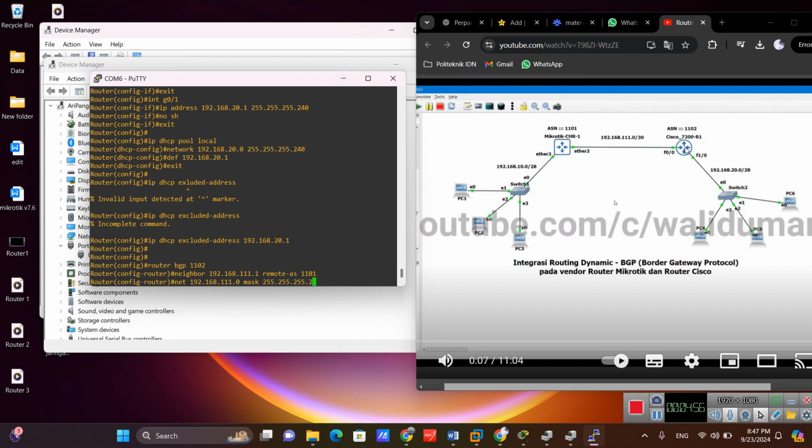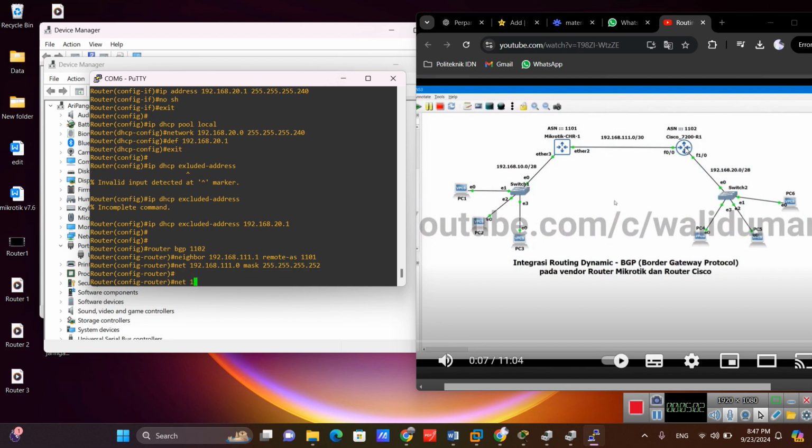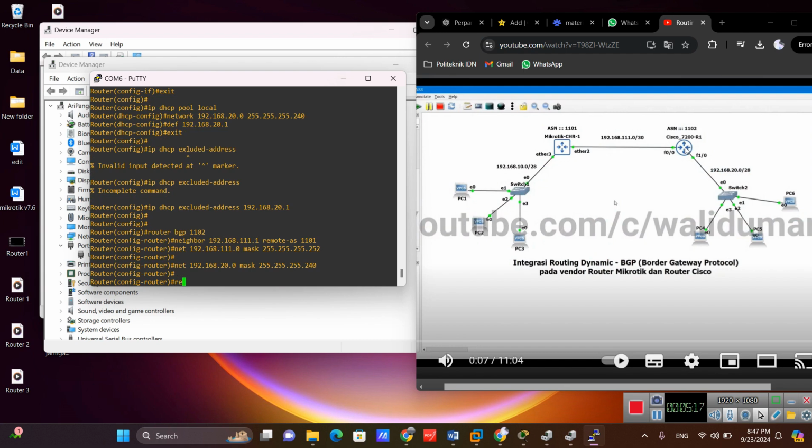Okay, enter the network for switch 2, don't forget mask. Okay, redistribute connected.